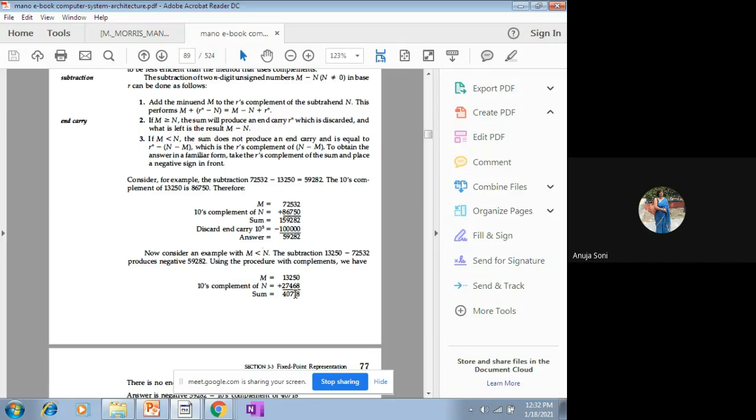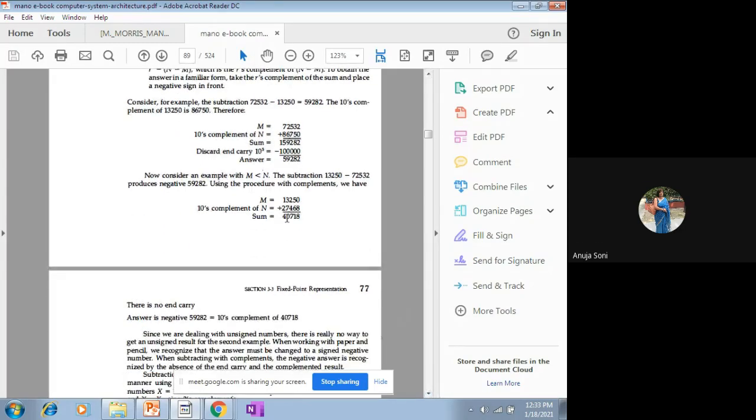From the system's point of view, a system always represents a negative number in complement form. Generally it makes use of twos complement, or tens complement for decimal. So if the resultant number is in negative form, it is already in tens complemented form from the point of view of the system. In order to get the original number, you need to find the tens complement of 40718 and place a negative sign in front of it.